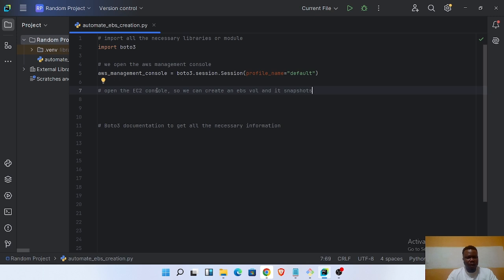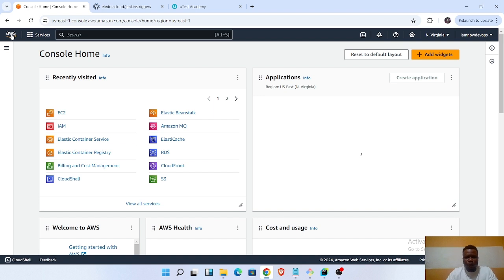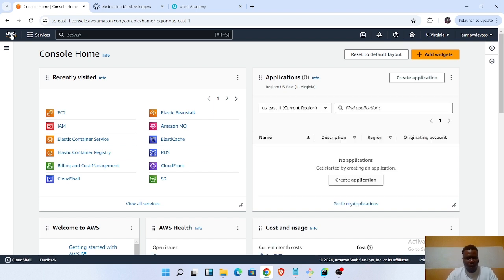Why are we opening our EC2 console? In today's lecture, we know that we will focus on automating the creation of the EBS volume. That's our focus. And we know that the EBS volume is found in the EC2 service, or in the EC2 console. Like when we go to our browser again and we click on the EC2 service,